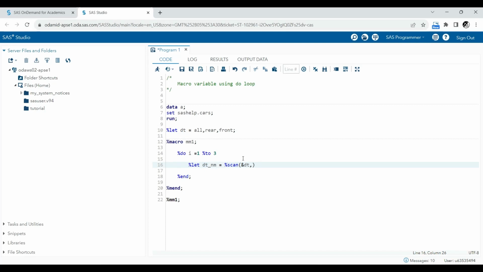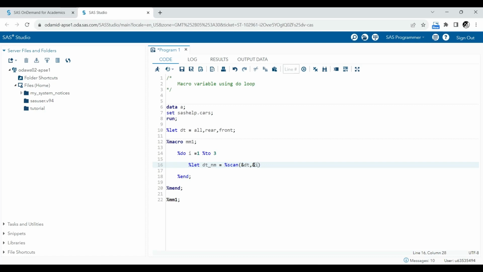Next, if you remember from scan, we need to pass the particular chunk that we need to fetch. When I talk about chunk, this is my first chunk, this is second, and this is third. Okay, for that we have this i equals to 1, 2, 3. So when the i is at first position, I'll get the first chunk. When it is on second position, I'll get the second chunk. And when it is on third, I'll get the third chunk. Okay, so I'll write